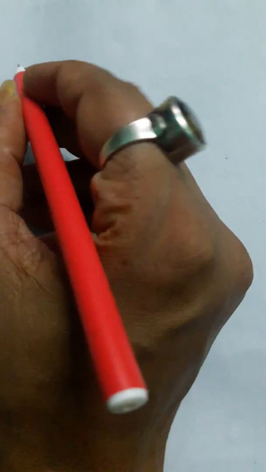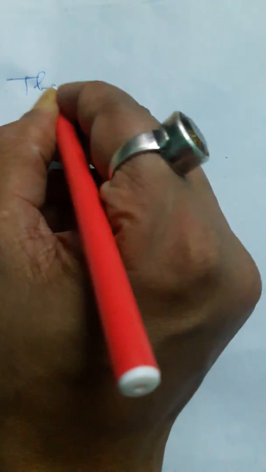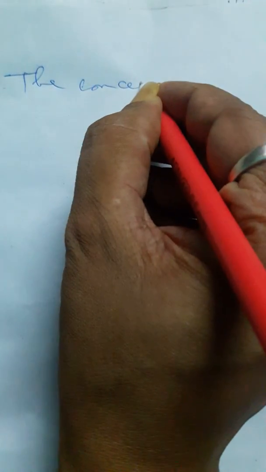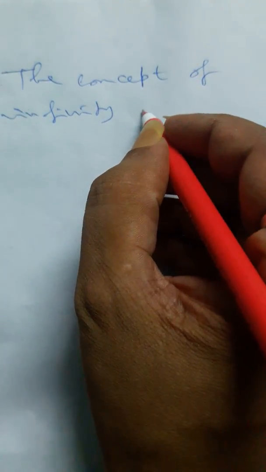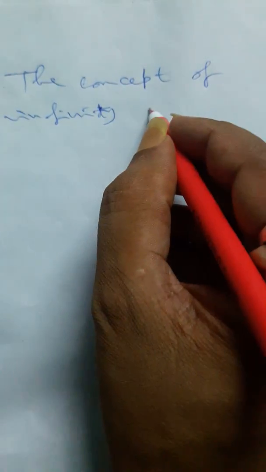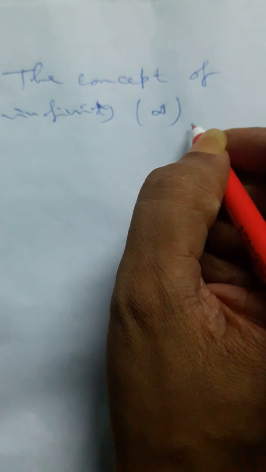The concept of infinity. And it is symbolically represented by the sign like this within the bracket. What is called an infinity? It is the process